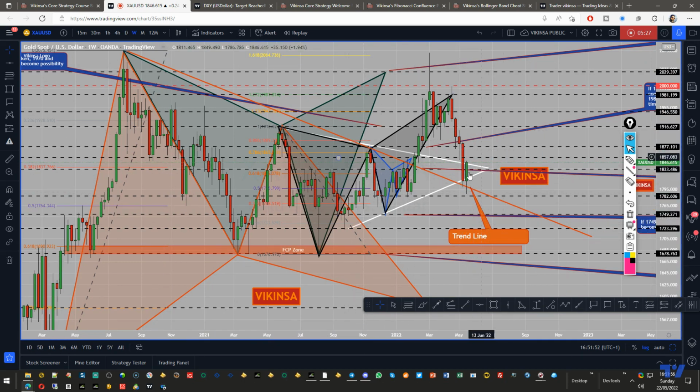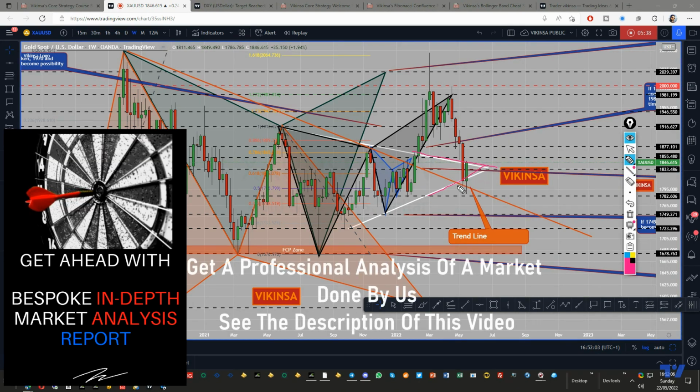There was a kind of wedge sort of thing. The market fell through that. Now it is going back inside and it is touching the upper line of that wedge. I'm not sure whether you can actually clearly see that, but this is a triangle sort of thing. So the market fell through it. Now it is going back inside, and probably it will go like this and fall down or go back up. So we'll have to see which way it actually goes, in what direction it goes.